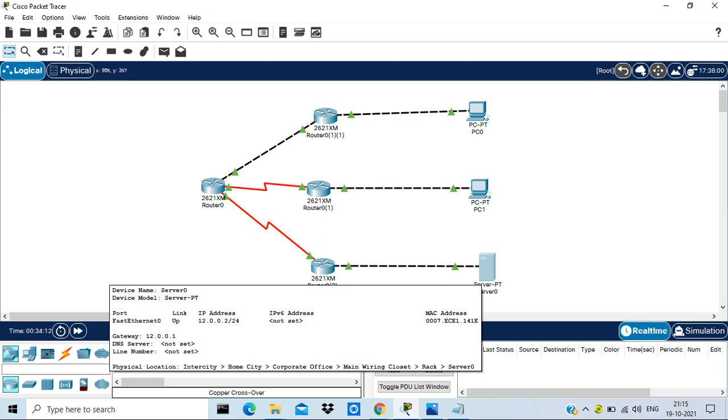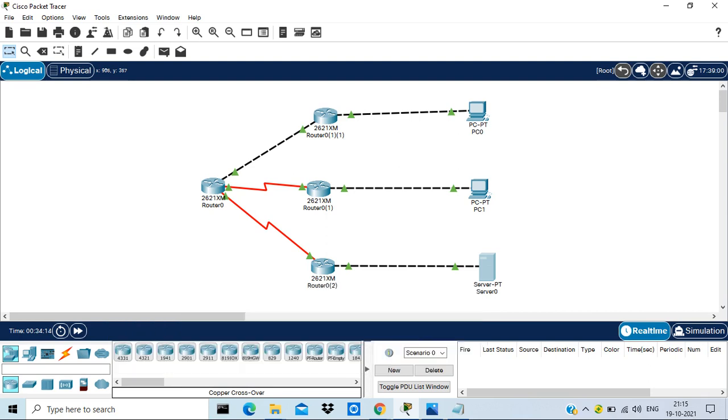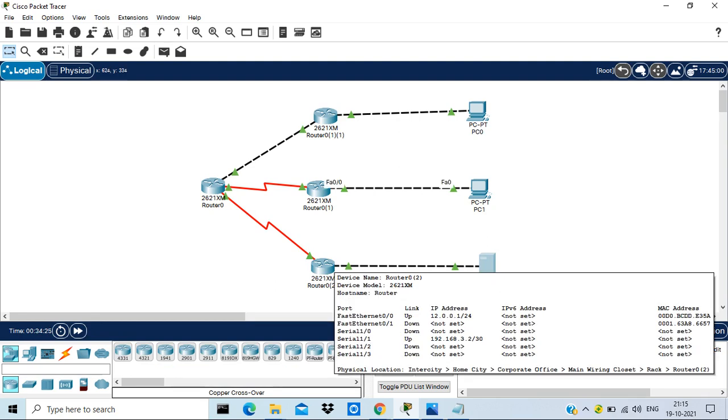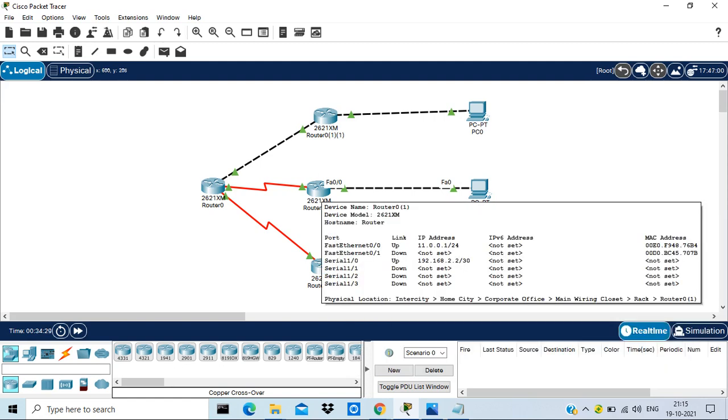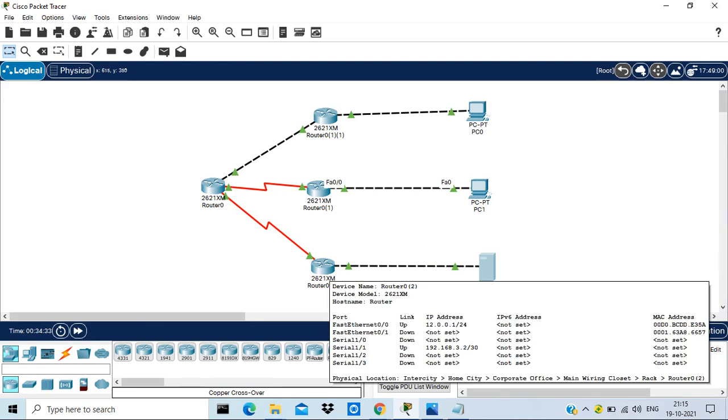So generally, in most cases, I have seen that people add at least 2 routes. One route for branch network 2 and one route for branch network 3, because branch network 2 is a different network, the 11 network, and branch network 3 is again a different network starting with 12.